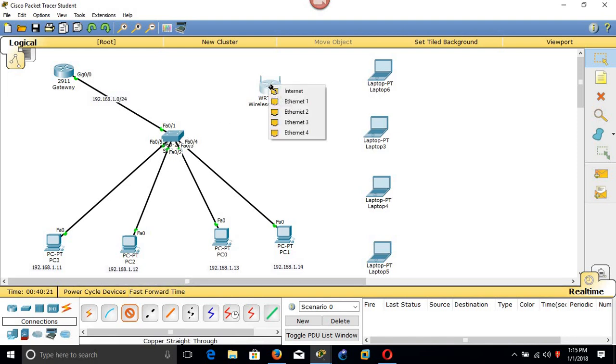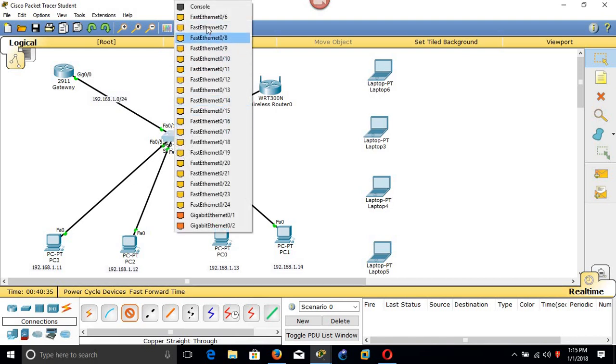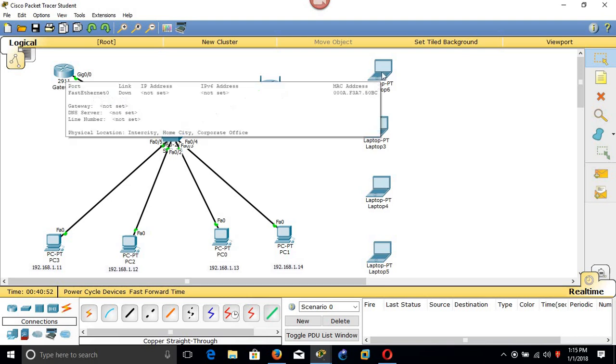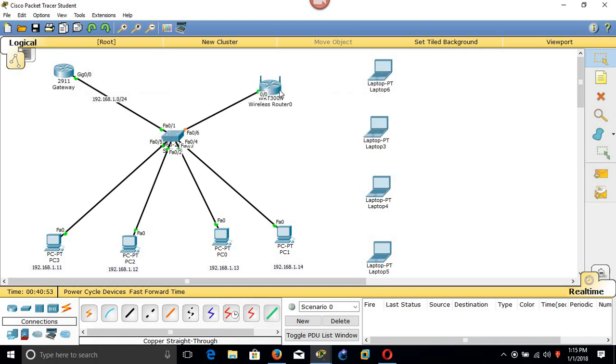Now, as I said before, for the first time we used the Ethernet cable to connect this device with the laptop, but now we are going to use the internet port to connect with our switch so that this router will be able to get the internet, which can be accessed by these devices which are going to use these wireless services.